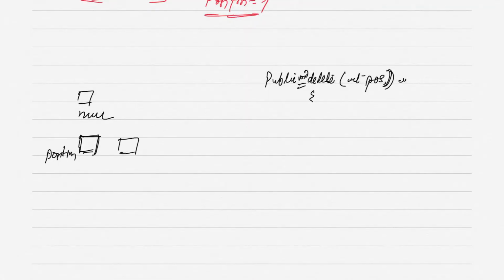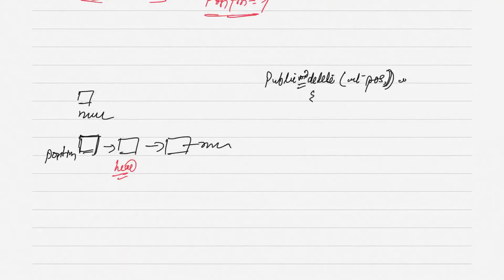In this scenario, if your head is here, simply what we can do is move the head from here to here. This is very simple.